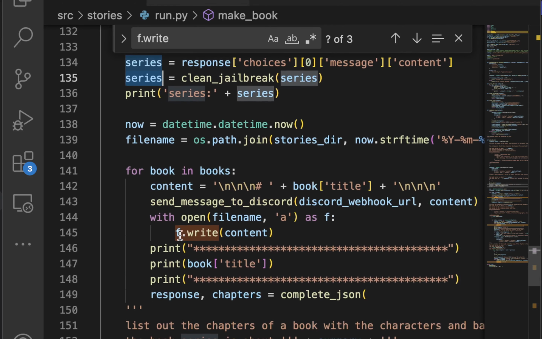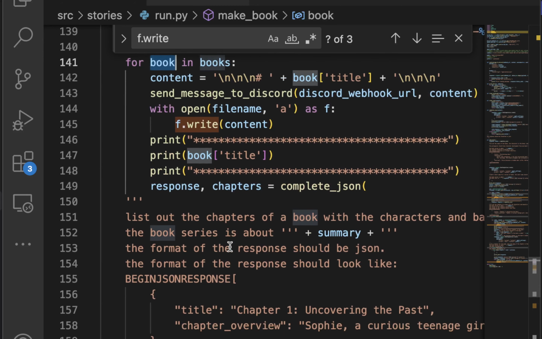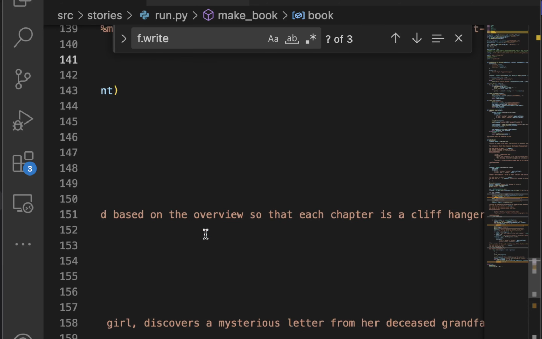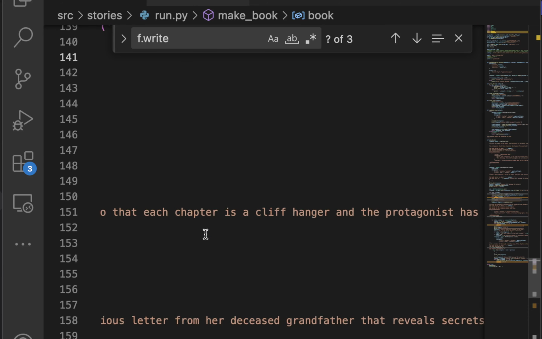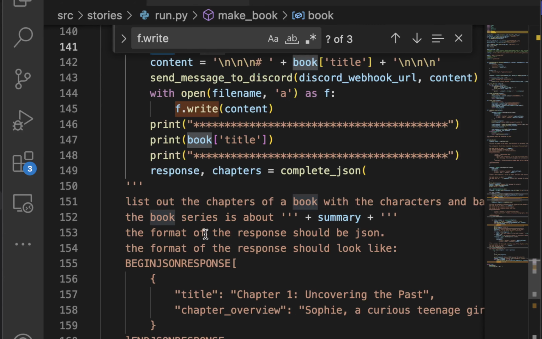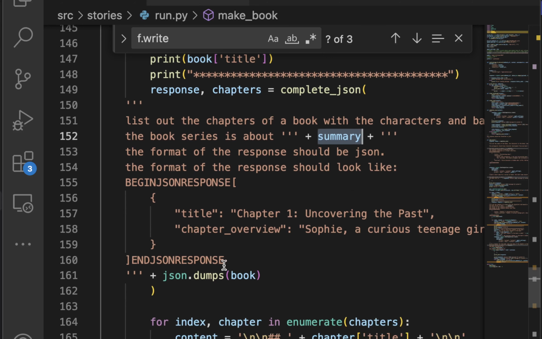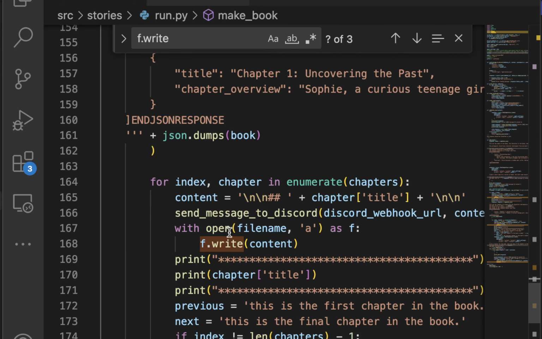Then I iterate through all the books in the series. I ask it to list out the chapters of a book with the characters, based on the overview, so that each chapter is a cliffhanger and the protagonist has character development. The book series is about, and then I provide the summary, and the format of the response should be JSON. So then I'm trying to get a list of chapters and chapter overviews. Then I iterate through each chapter,